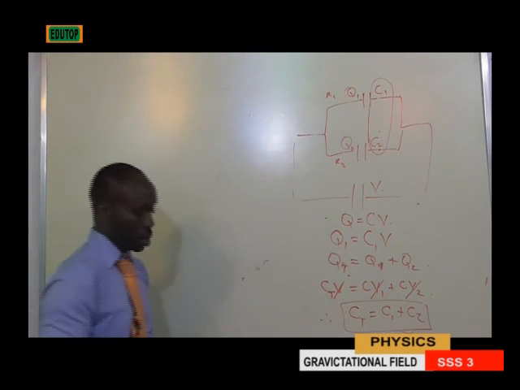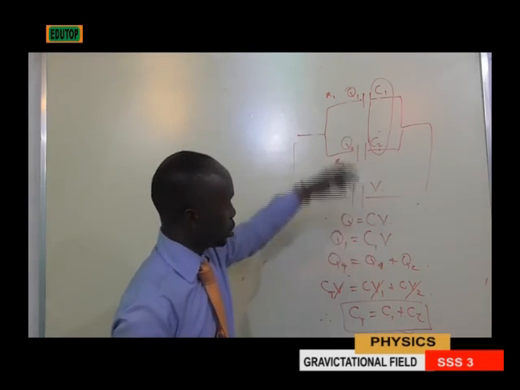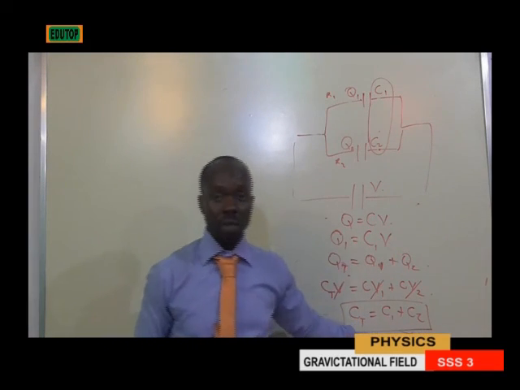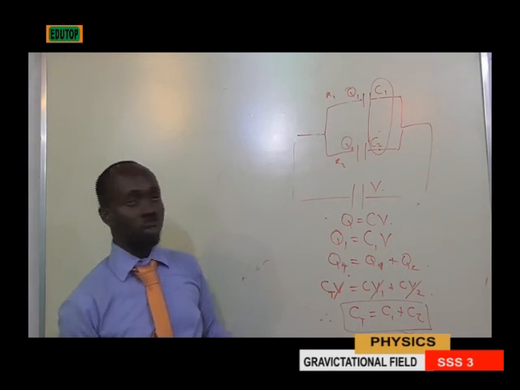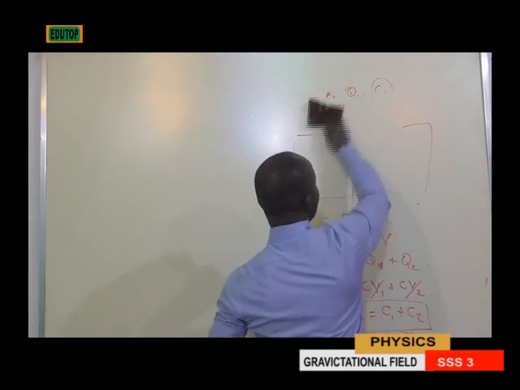That is how the formula for parallel connection of your capacitors is derived as well. C total equals C1 plus C2. Now let's go to the next one. If you now have a series connection of this